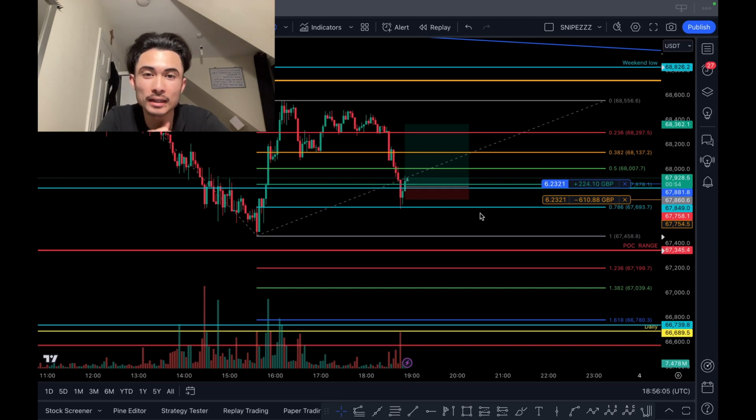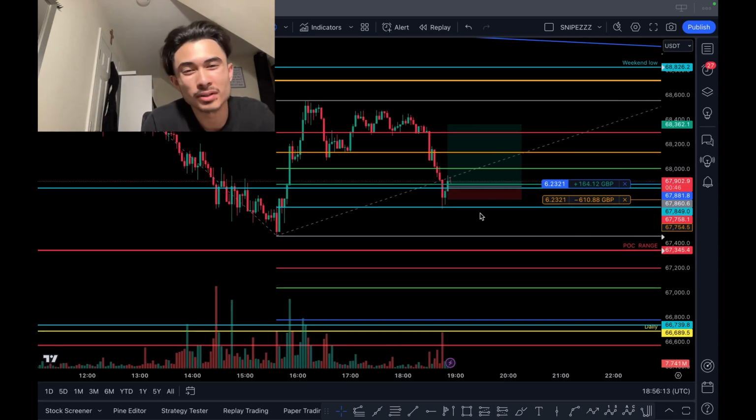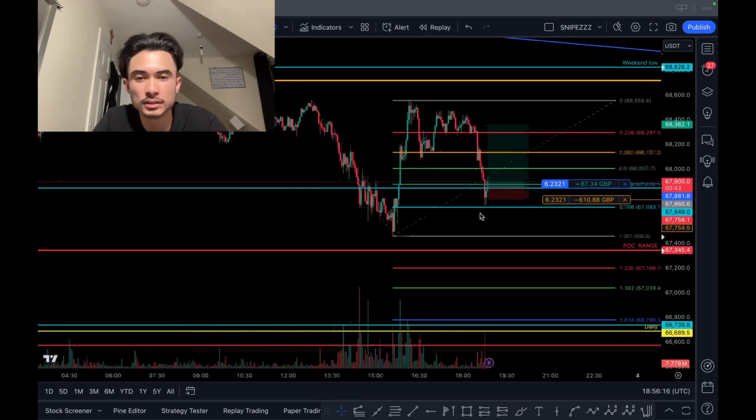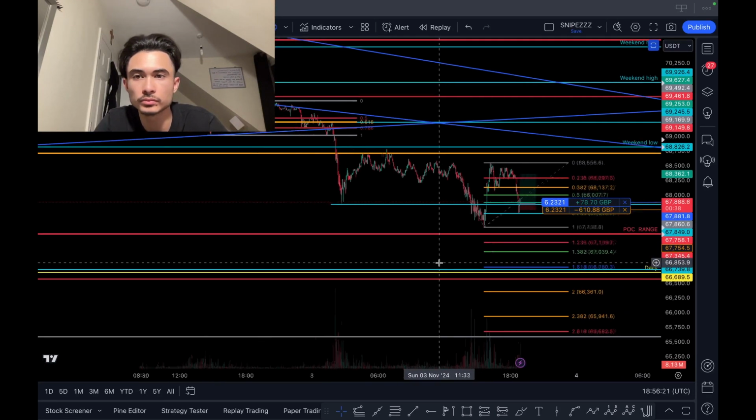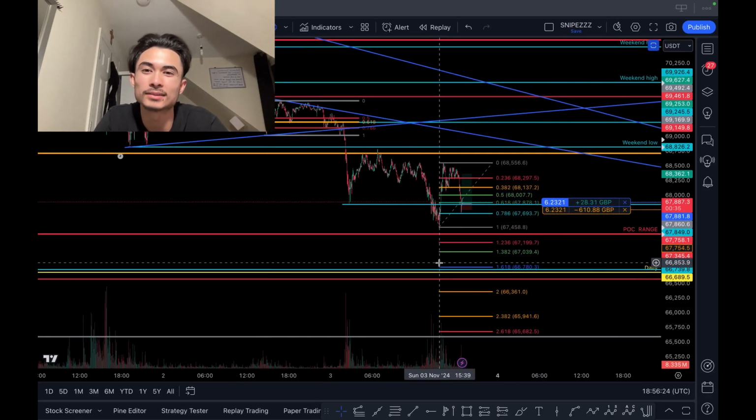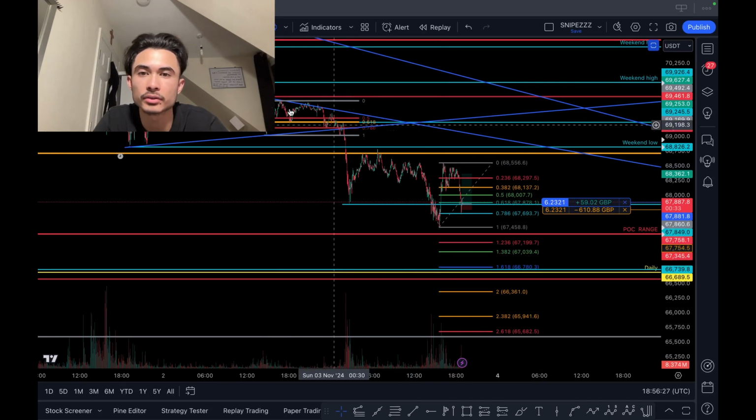Welcome back, welcome back. As you can see, I just started recording because I just entered this trade. I'm currently up a little bit. The reason for this trade is because if we zoom out, going off of Elliott wave theory, you can see that